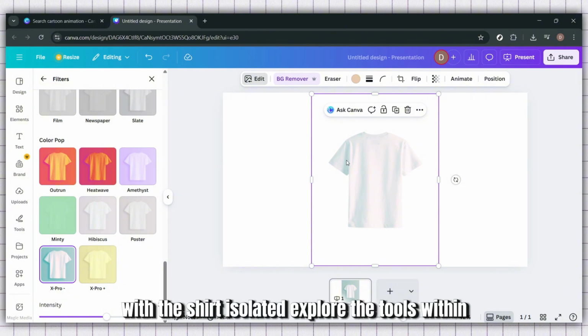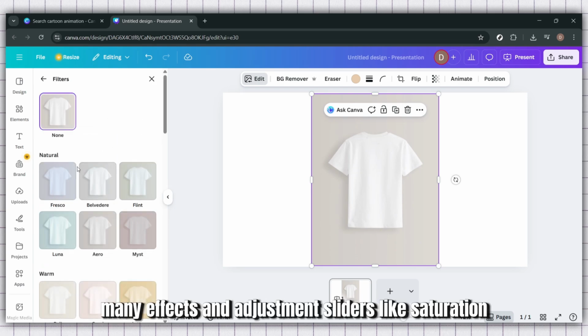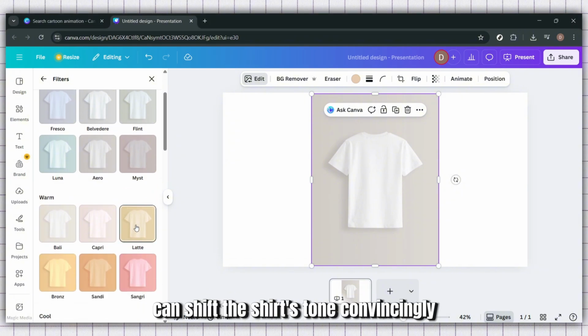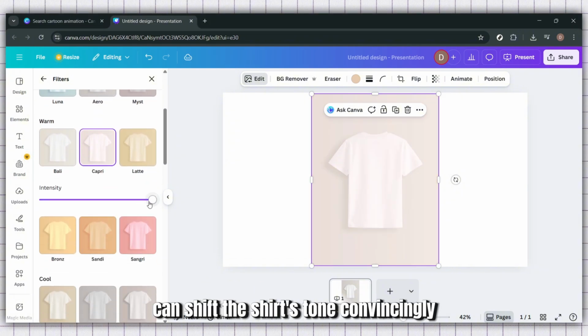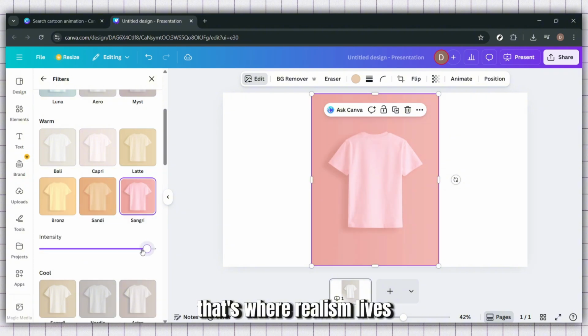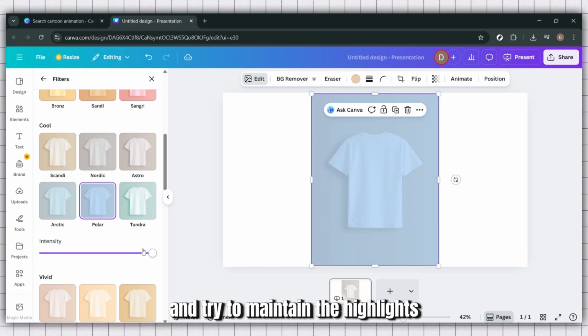With the shirt isolated, explore the tools within Edit Image and Effects to adjust color. Many effects and adjustment sliders like saturation, temperature, tint, and sometimes hue can shift the shirt's tone convincingly. Make small, incremental changes and watch how shadows and folds react. That's where realism lives. For a more natural look, avoid extreme changes and try to maintain the highlights and shadows